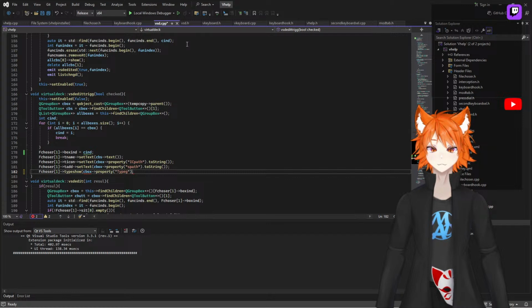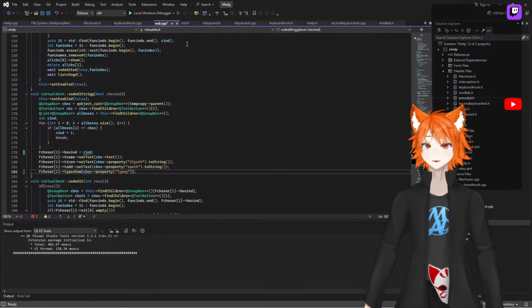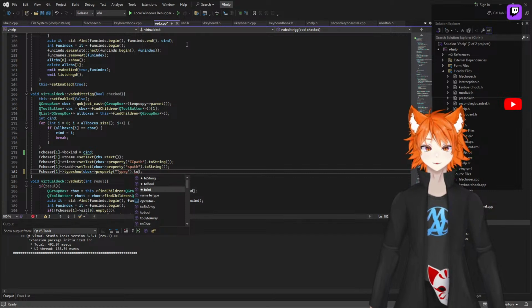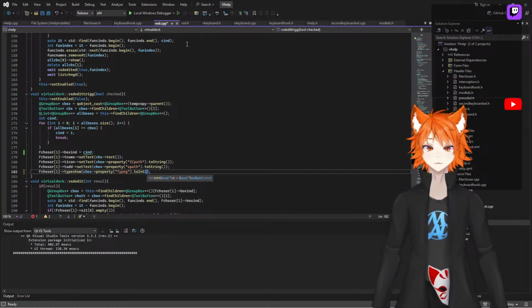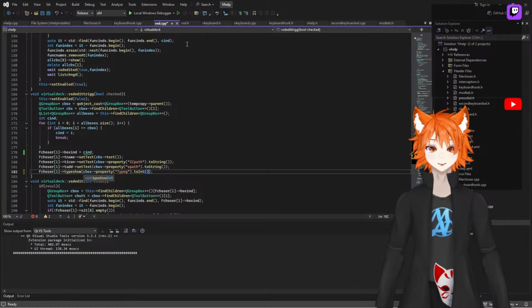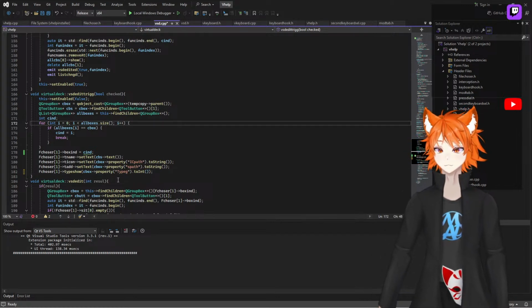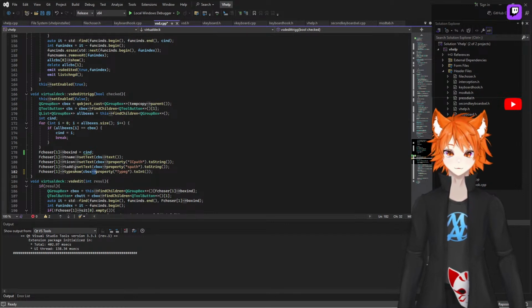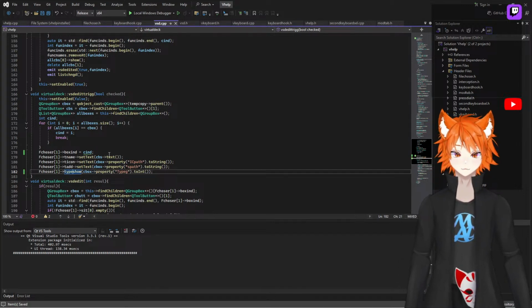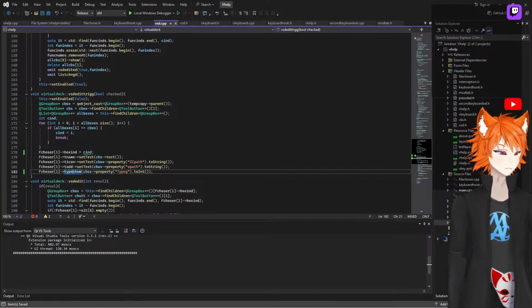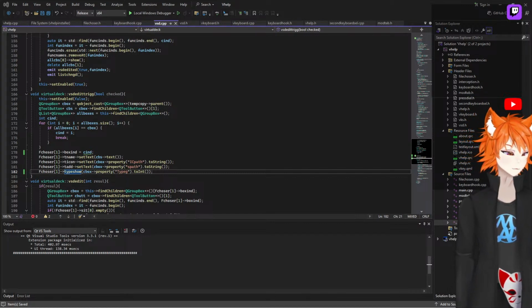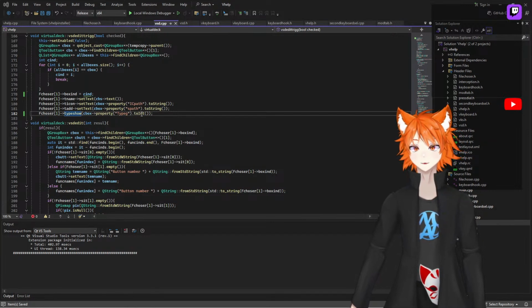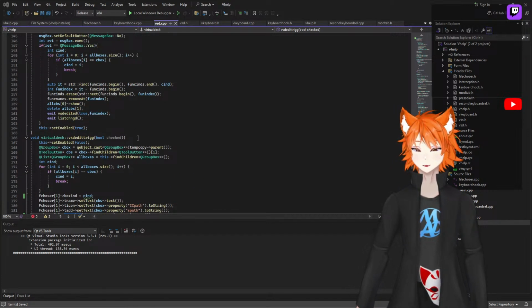So property type EG dot to integer. Okay, so if it's saved properly, you should get a 0 out of that. Okay, so that should do it,